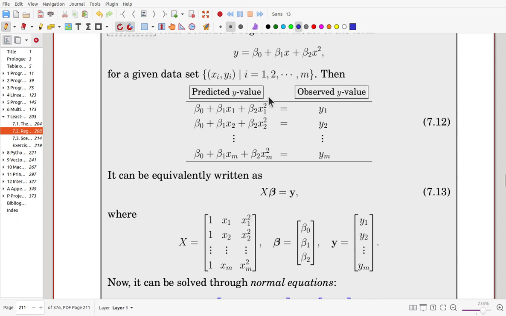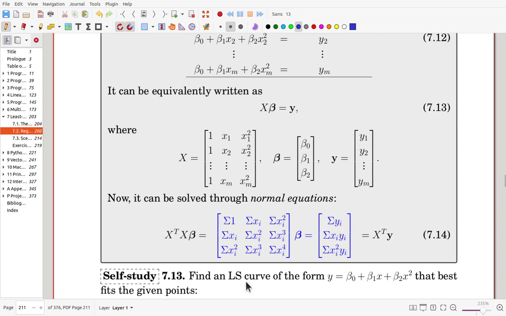Now here, beta 0, beta 1, beta 2 form an unknown vector, and the coefficients are 1, x1, x1 squared for the first equation. From the second equation, 1, x2, x2 squared, right? So we have the collection of coefficients to become X, and the right-hand side y is the observed y values. Now, if we are using the least squares technique with the normal equations method, then we can get